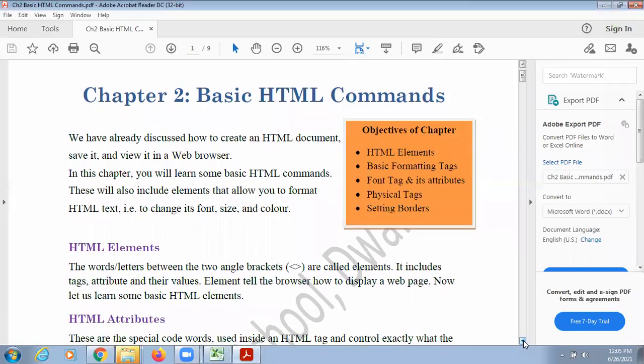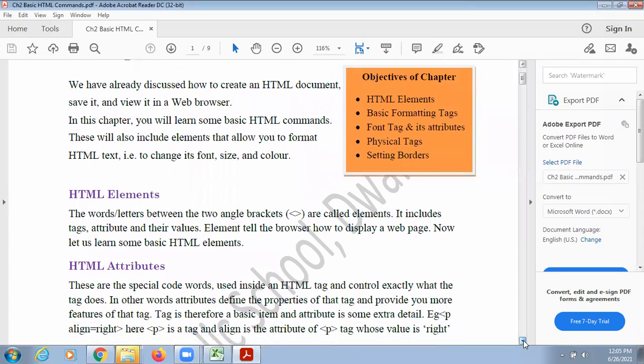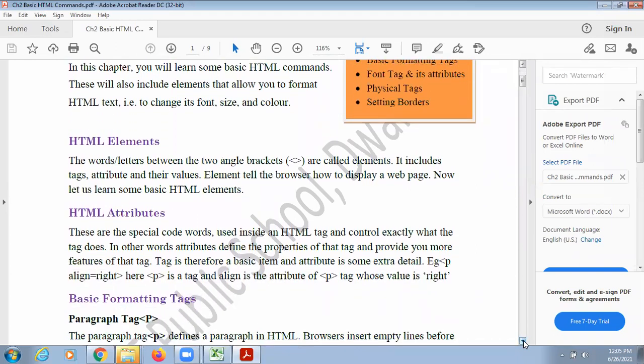Okay, so today we have to start from chapter number 2, basic HTML commands. And in this chapter, in class 7th, we have already learned about what are tags, what are elements, what are attributes. Tags are the words which are written inside the angle bracket. After writing a word in the angle bracket, it becomes a tag. And the word which you write inside the angle bracket is known as element, or we call it a tag name also. Like HTML, if I write only HTML like this, it's an element, it's a tag name. But if I enclose it in angle bracket, it will become a tag, right?